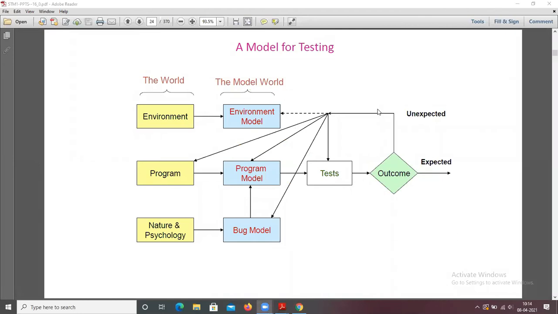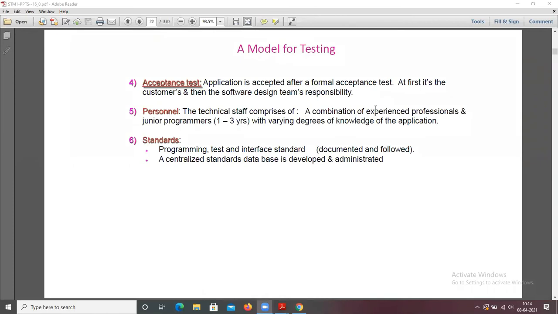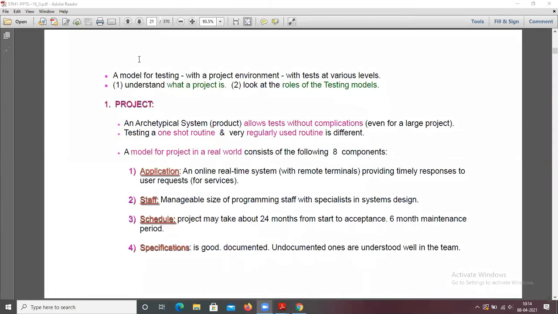Now we discuss in detail all the parts. Model for testing with a project environment, with tests at various levels.